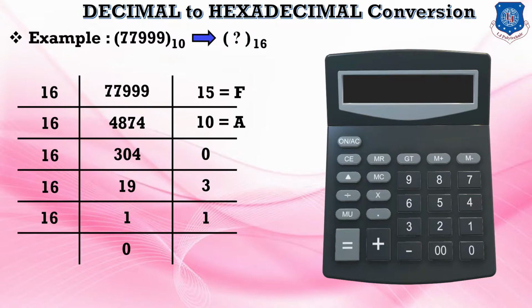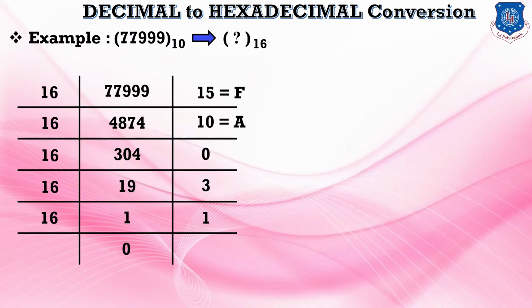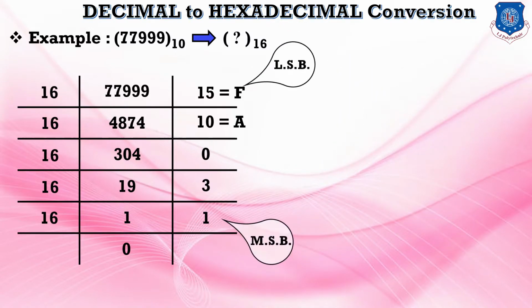Now in the next step, we assign LSB and MSB to the remainders. Dear students, remember the most important thing here. We must assign LSB to the uppermost remainder and MSB to the lowermost remainder. Here, this arrow indicates the position of the remainders for the answer. As you can see in the answer,